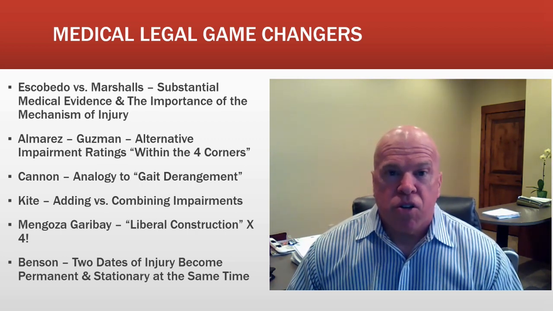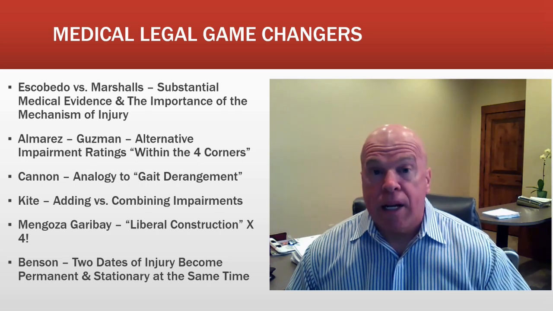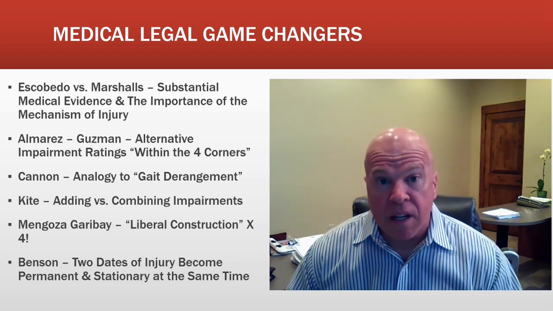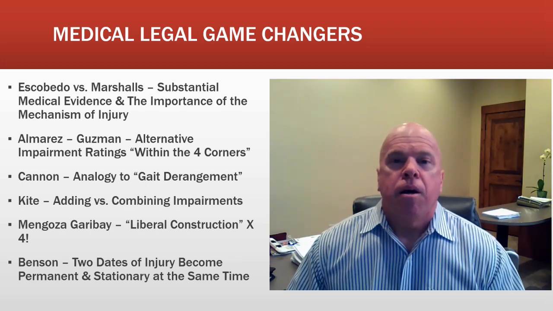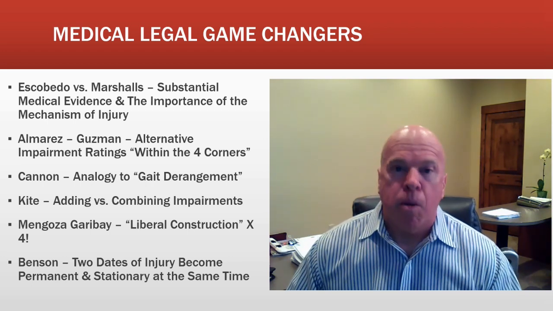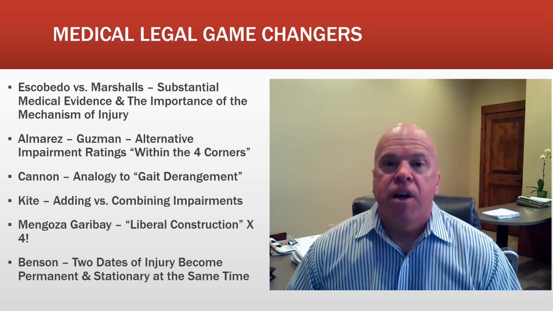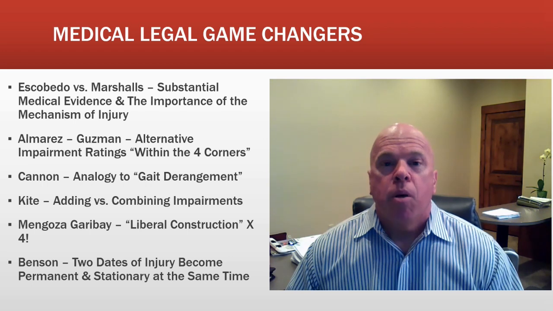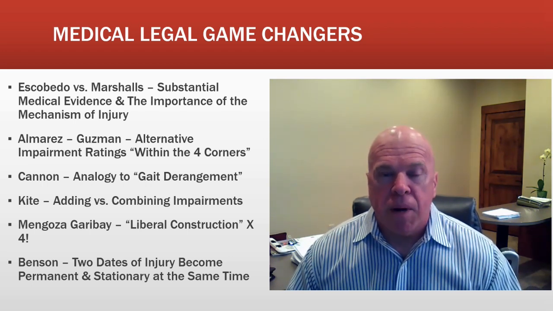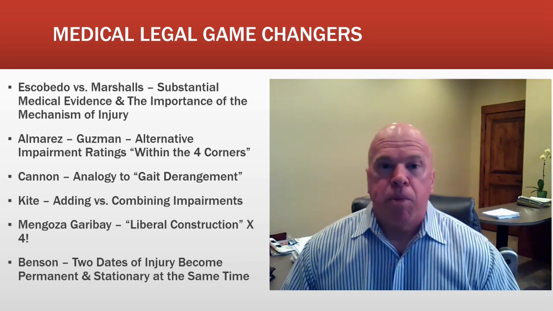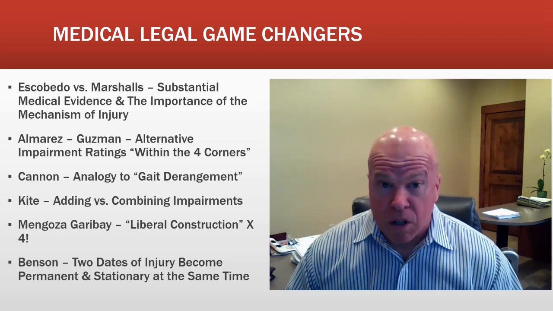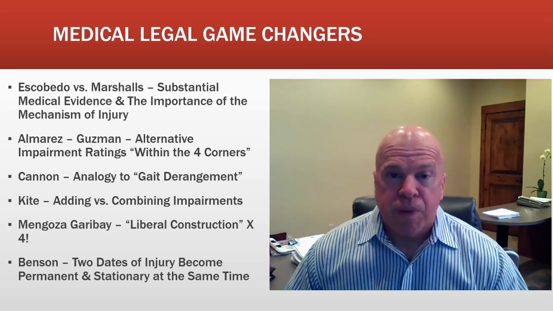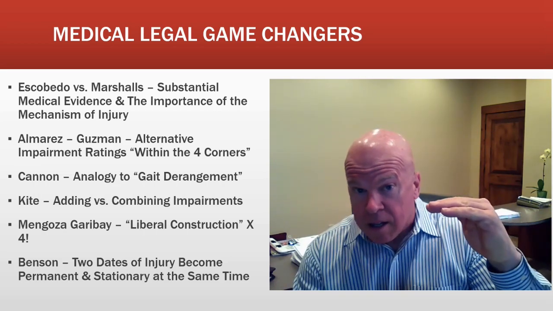And so in those cases where you have an impairment rating of multiple body parts, you can use the Kite case as precedent for adding the permanent impairments versus combining the permanent impairments using the combined values chart on page 604. And the Kite case set the precedent for huge permanent impairment ratings, because the permanent impairment ratings can first of all be based upon an alternative impairment rating under Alvarez and Guzman. Okay, so there's the first escalation of permanent impairment ratings. And then the escalation can be escalated